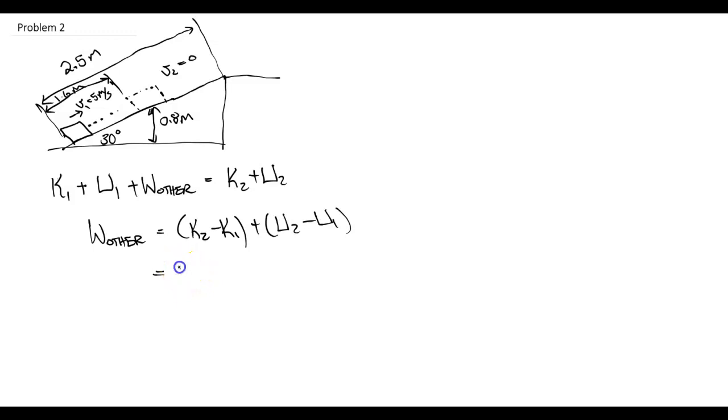So this is going to be given by the work done by the friction force, which is the friction force times some kind of S, which we're calling this distance,